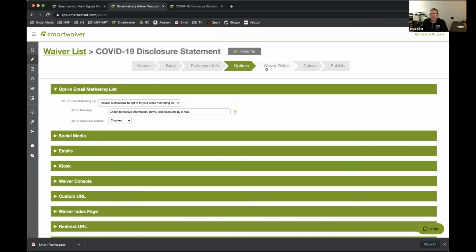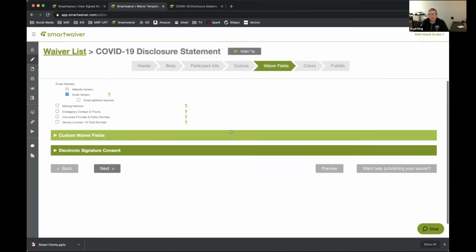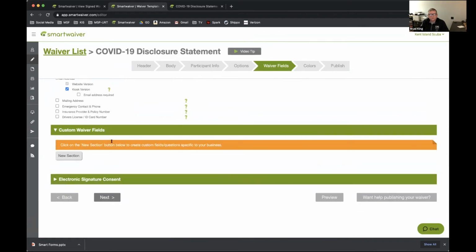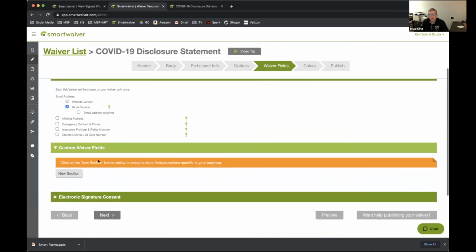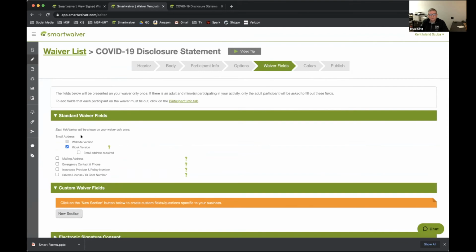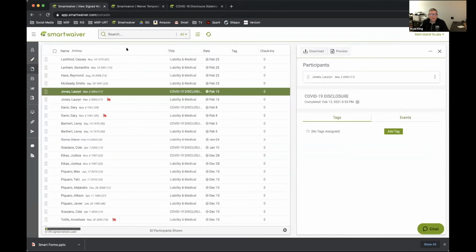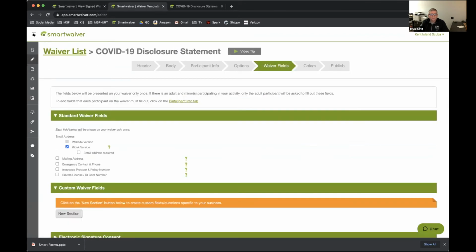Then, of course, the waiver, the options, where it goes, kiosk mode, emails. That's the emails version of this, where we go through to actually send the emails: if you click yes to any subject, send a note to the person filling out the questionnaire for the waiver for medical to be sent to a doctor. The waiver fields themselves are the ones that we use to actually answer a lot of those questions. So, for example, if we went into our version for our actual liability,